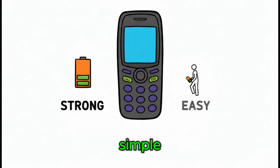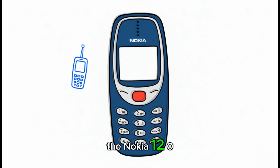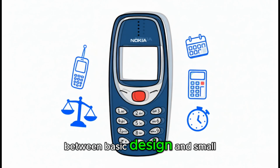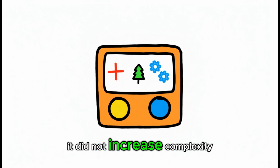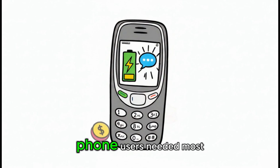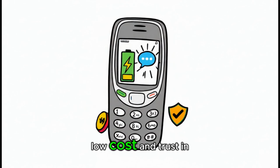The keypad was simple, the battery life was strong, and the phone was easy to carry anywhere. The Nokia 1208 mattered because it gave people a useful balance between basic design and small improvements. It did not increase complexity just to feel modern. Instead, it focused on what basic phone users needed most: clear communication, long battery life, low cost, and trust in